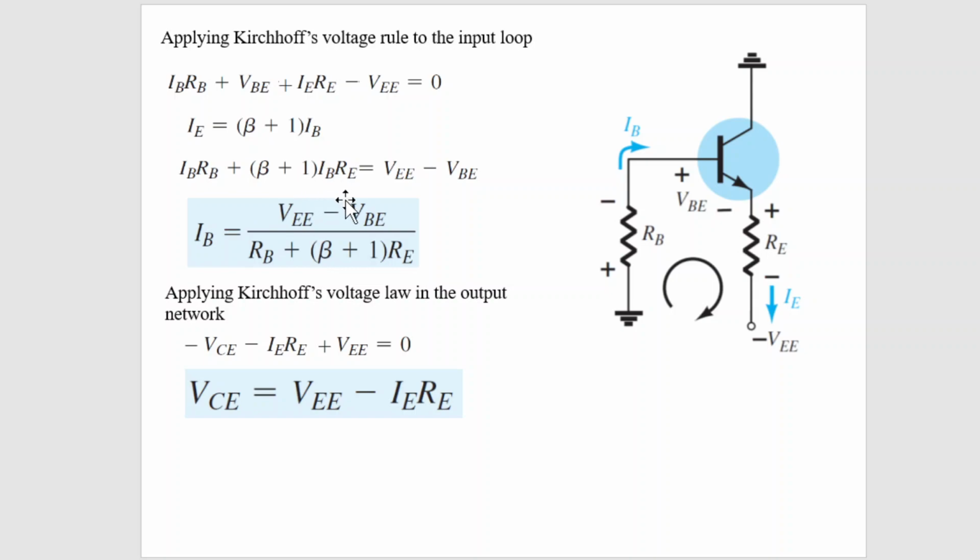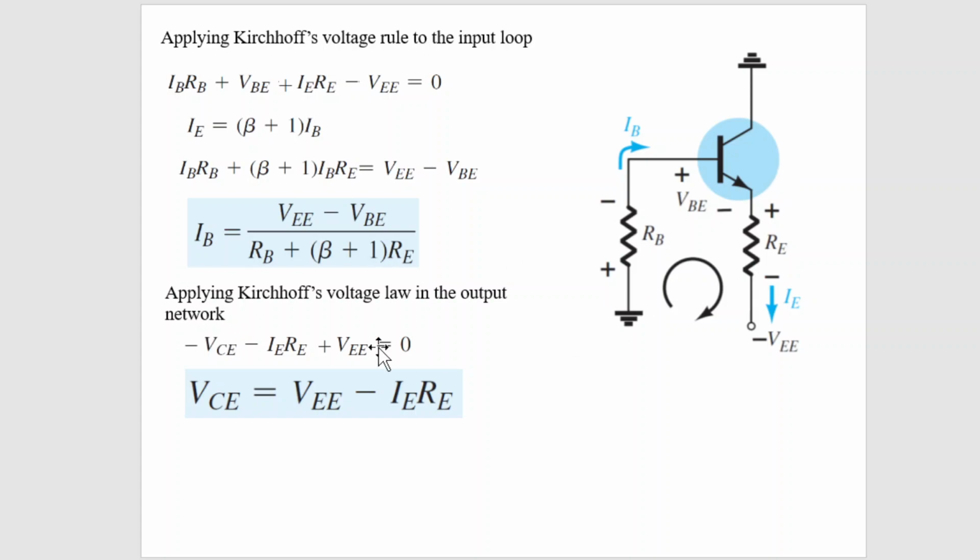So why is it called a follower? Because we have applied the DC power source to the emitter. So the transistor biasing is followed by the emitter terminal. That is why it is called the emitter follower configuration of the transistor biasing technique. So this is the expression for the base current. Once we get the value of base current, we can find out the value of the remaining quantities.